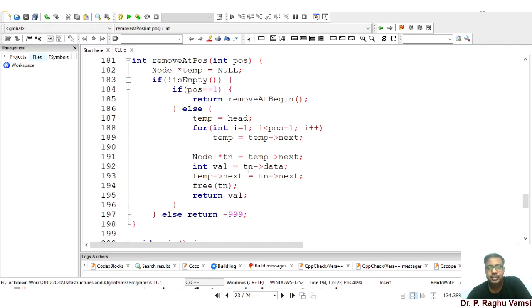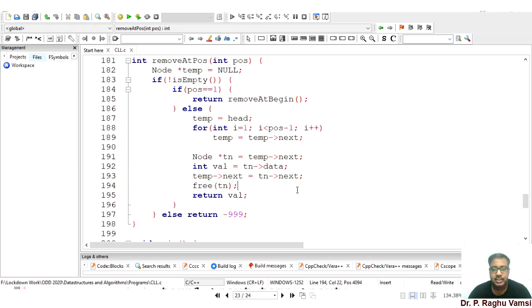We get the value of tn. Then position minus 1's next will point to tn's next. Once the link is established, free the tn, that is, memory will be deallocated for tn. So the node is removed from the linked list.